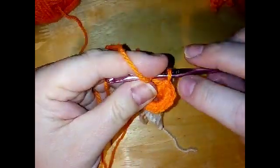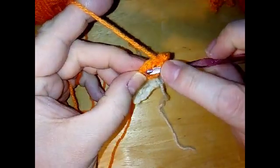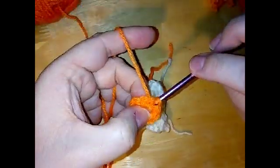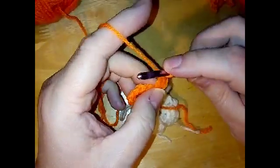And then I'm going to slip stitch into the very first stitch. So I'm just going to count those back. 1, 2, 3, 4, 5, 6, 7, 8, 9, 10. So slip stitch into that first stitch. Okay, and then chain 3 and double crochet in that same stitch. In the next stitch, double crochet,